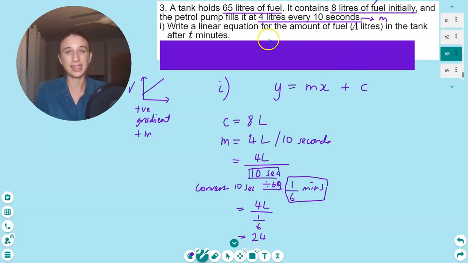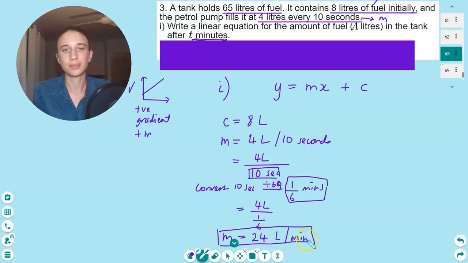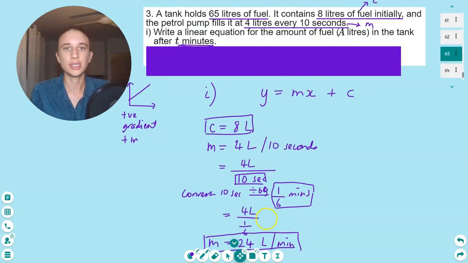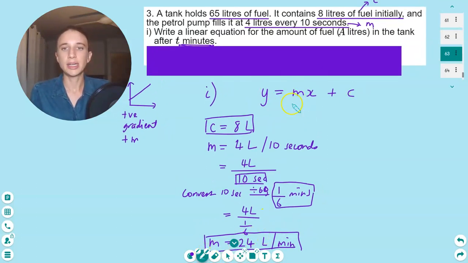So that's a key. You need to get it in the right units. When I initially did this problem, I just immediately divided 4 by 10, but yeah, be careful. So our gradient after all that work is 24 litres per minute. Now I'm going to put that in a box because I need it. I've got my c value and I can come back to my equation over here and substitute everything in. So m was 24, c was 8,